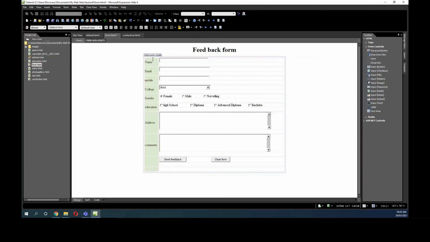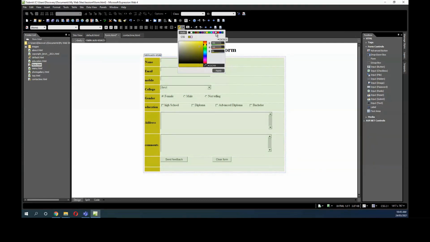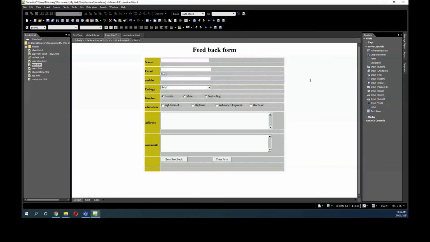I can change this color to another color like this color. Okay, and make it bold like that. Put it in the middle like this, or keep it like that. Okay. So I can also change the background for this one from here, and I'm gonna use this one here. For example, apply. It looks like this. Okay, so I can push that a little bit, save it. Okay, save the form, and in the main page,